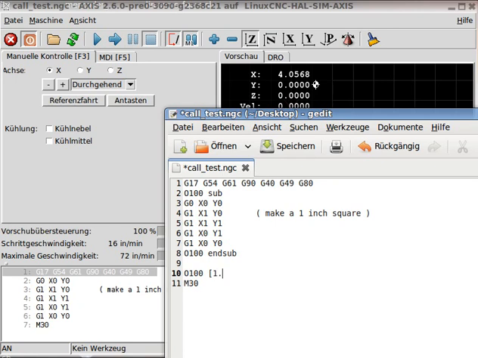Let's say 1.234, close, that's the X, and the Y 2.345, and close it. So now we have here this new X and Y coordinate. We have to add it here. So